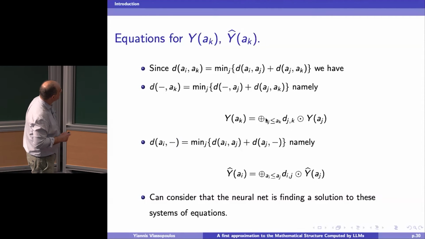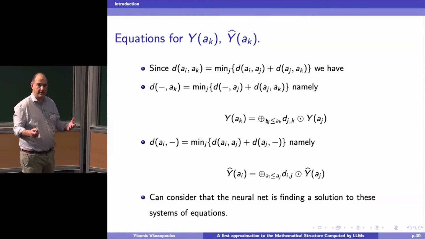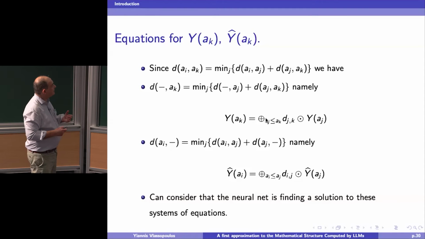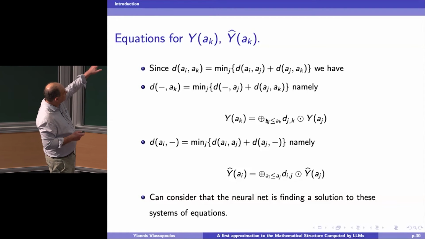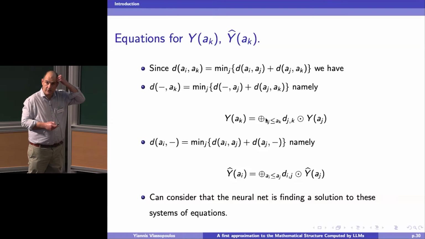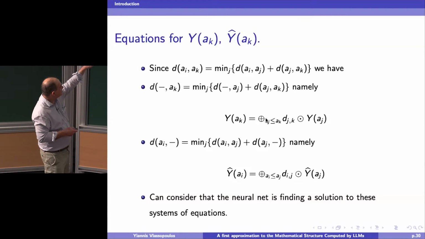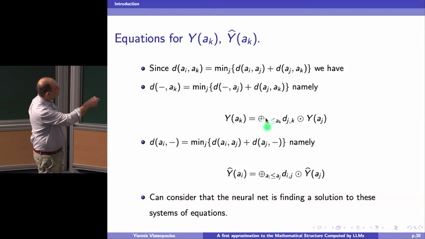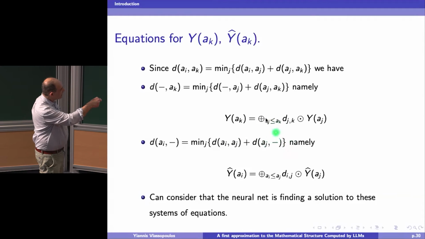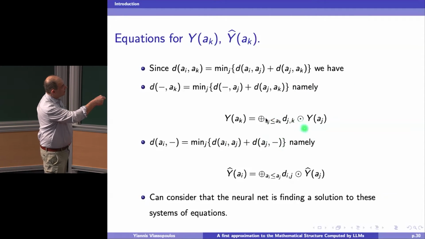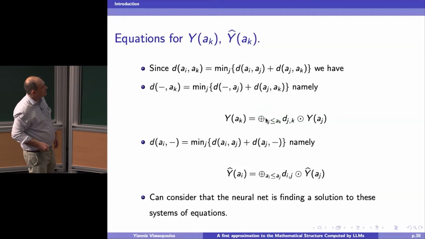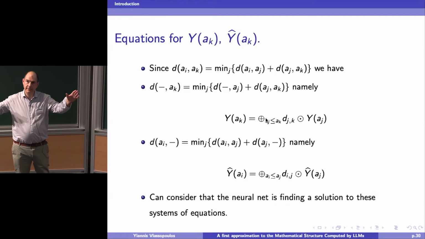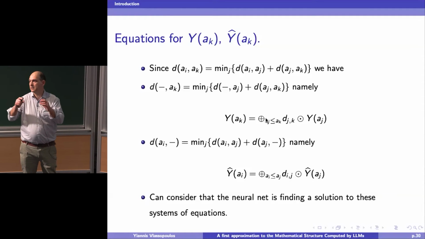generate all of the presheaves, so you cannot write them all as max-plus sums. Okay. So now we can write down equations, for example, for these vectors, and you can read the equations precisely from the fact that d squared is equal to d. So d squared equal to d implies the equation that the Yoneda embedding of text a_k is the sum over all texts that are contained in a_k of the Yoneda embeddings of these texts times this coefficient. So you write a text as a linear sum of all the subtexts with the corresponding